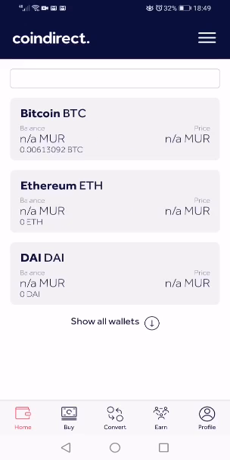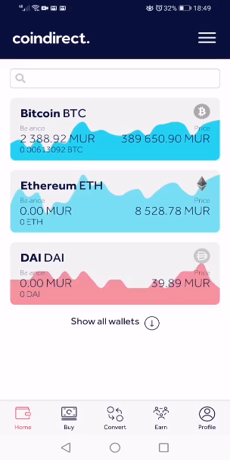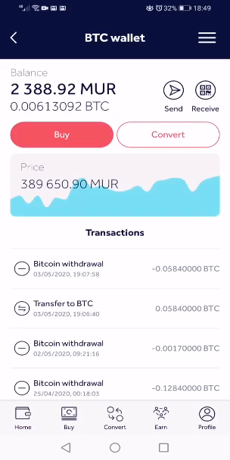Okay, so this is my Coindirect account. I want to buy some Bitcoin to do a transfer. So my transfer is 0.0533 Bitcoins. I added 0.0005 for the transfer fee because Coindirect always takes 0.0005 Bitcoin for the transfer fee, and that altogether gives